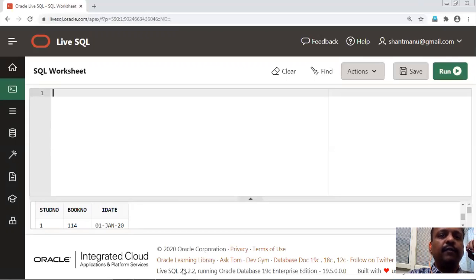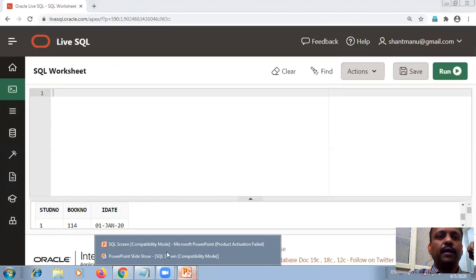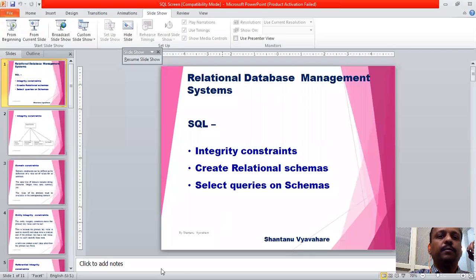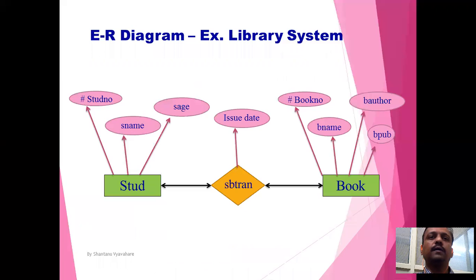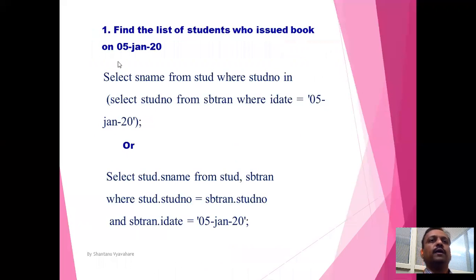So let's see one example in the PPT that we have already seen. Find the list of students who issued a book on 5th January 20.